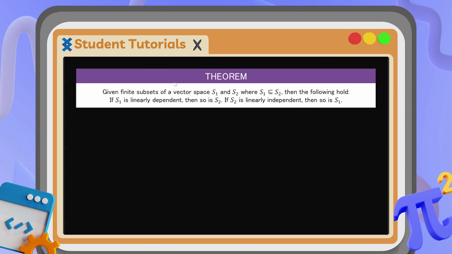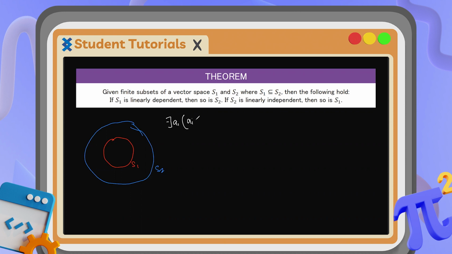Another theorem would be that given a finite subset of a vector space, so let's name this S1 and S2, wherein S1 is a subset of S2. Then the following would hold. If S1 is linearly dependent, then so is S2. So how do we show that? We're taking the linear combination of these vectors in S1, and we want to show that this is equal to 0. So, assuming that it is equal to 0, when you add all these together or form a linear combination, it equals the 0 vector, then that would mean that there exists a constant